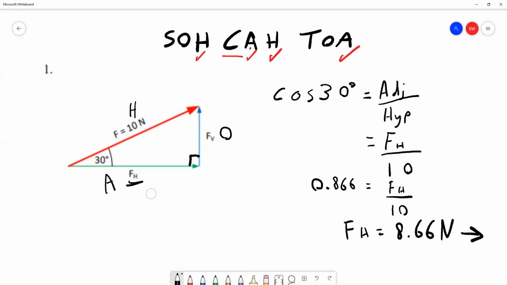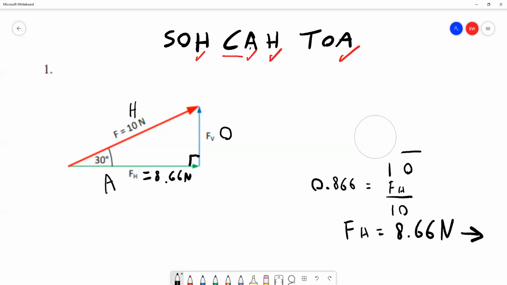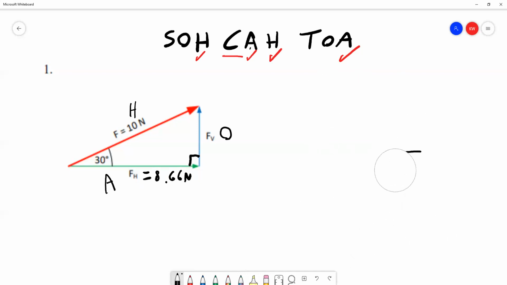I'm just going to rub out this line, but because we found that, and I'm about to rub it out, we'll make a wee note of that. That's 8.66 newtons. But I'll rub this out over here just now, so we've got space to work out FV. So going back to SOHCAHTOA, in fact, let's rub out these as well, because we're working with some different information here. This time we're going to work out FV, and we're going to, because we were given